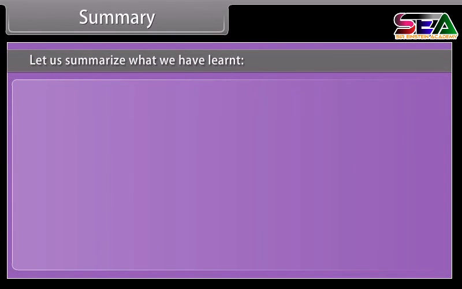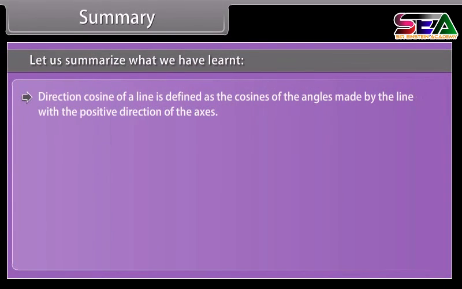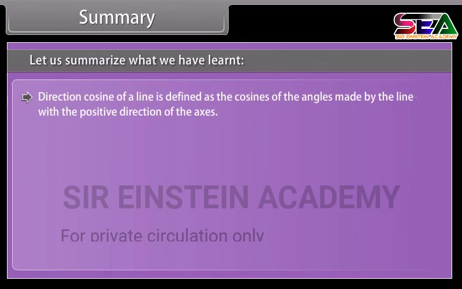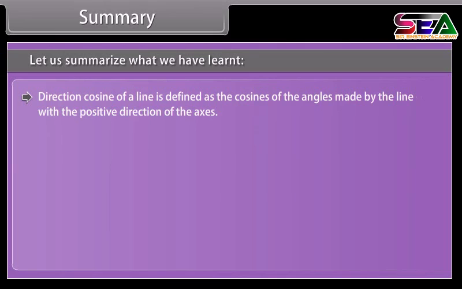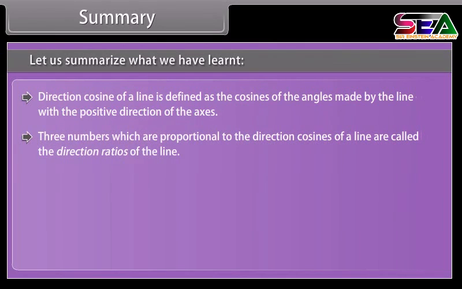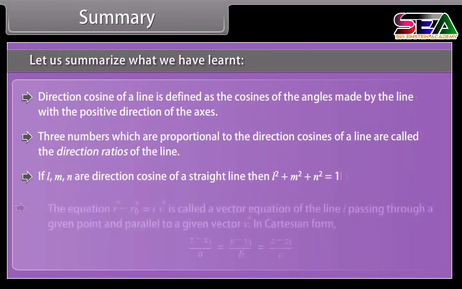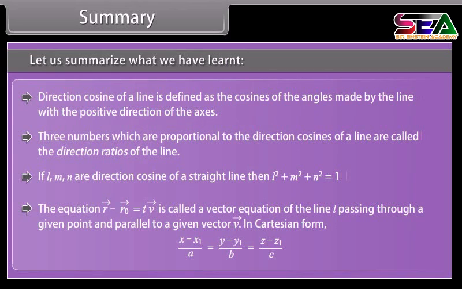Summary. Let us summarize what we have learned. Direction cosine of a line is defined as the cosines of the angles made by the line with the positive direction of the axes. Three numbers which are proportional to the direction cosines of a line are called the direction ratios of the line. If l, m, n are direction cosines of a straight line, then the equation is called a vector equation of the line L passing through a given point and parallel to a given vector v. In Cartesian form,